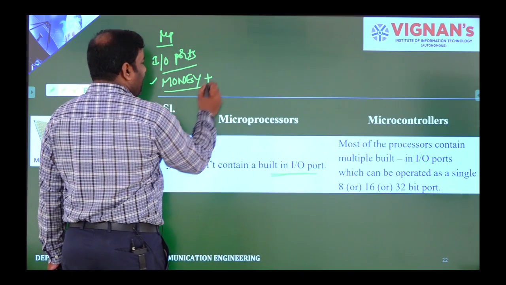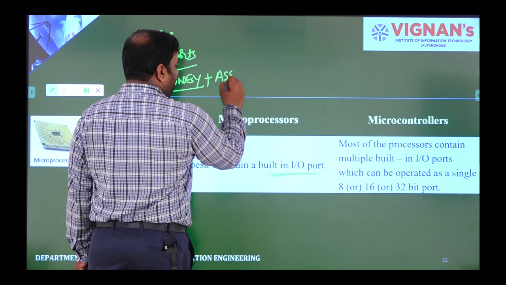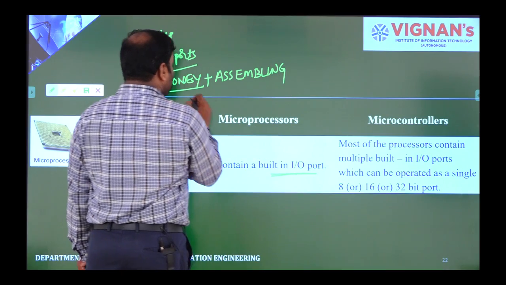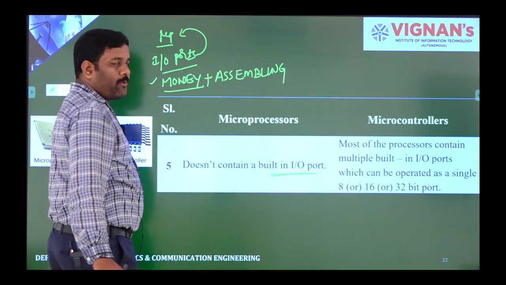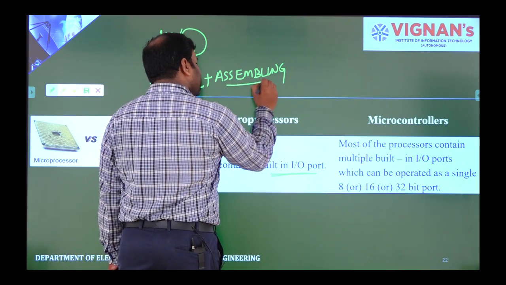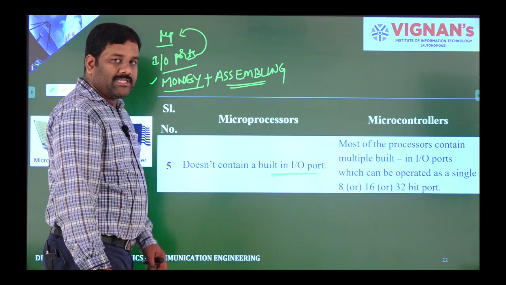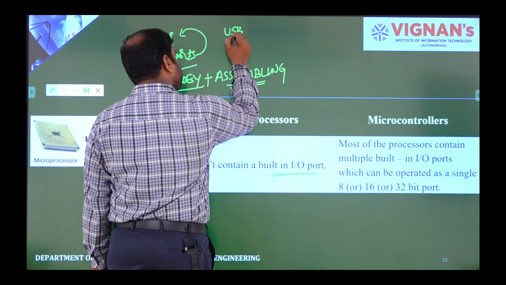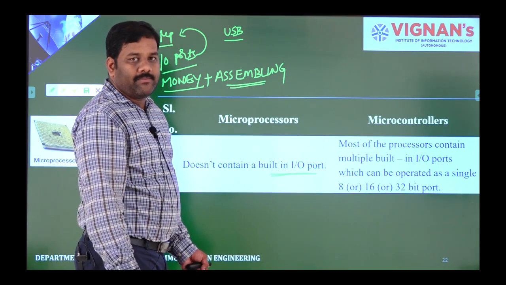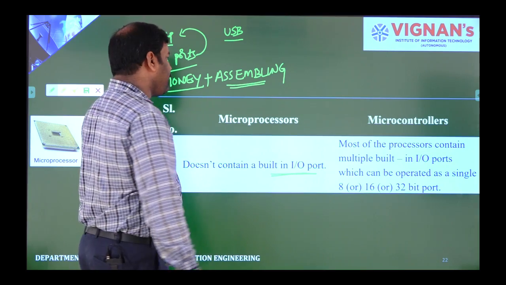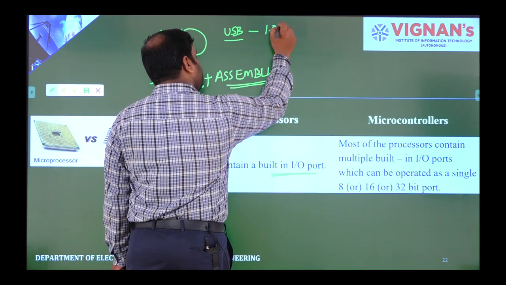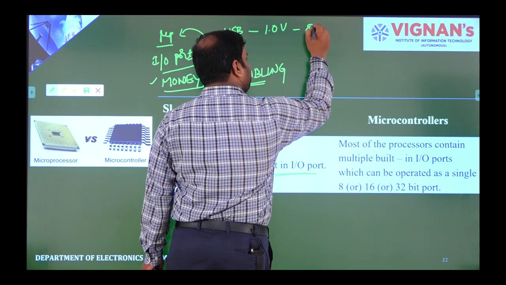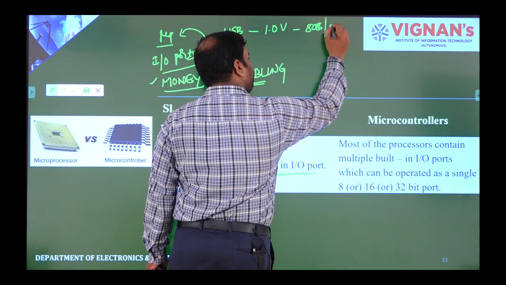Once I have purchased them, I need to take care when I am assembling those I/O ports to the microprocessors. When assembling, first I need some specifications. Let's consider USB ports, Universal Serial Bus, pen drive ports. Initially it had 1.0 versions, when we were using 8086 as a basic version, or maybe P4